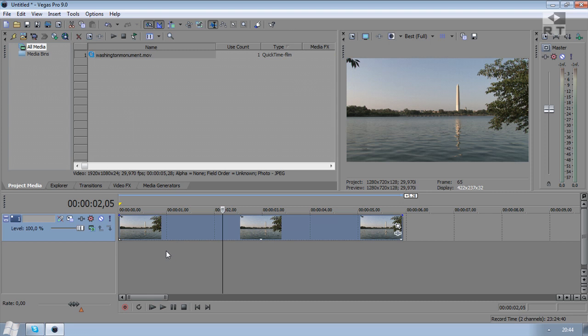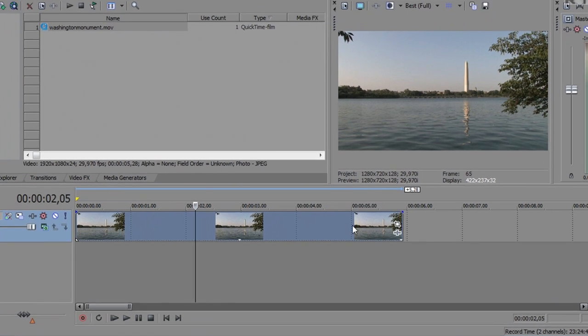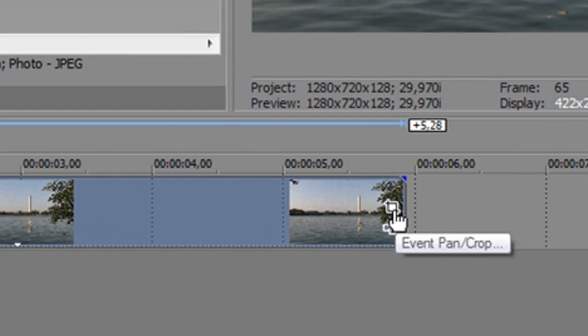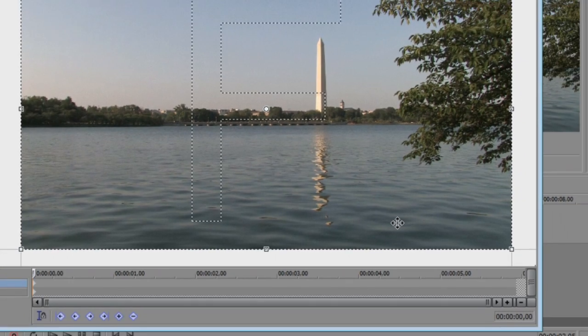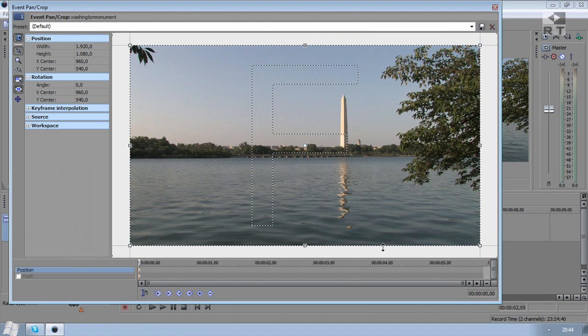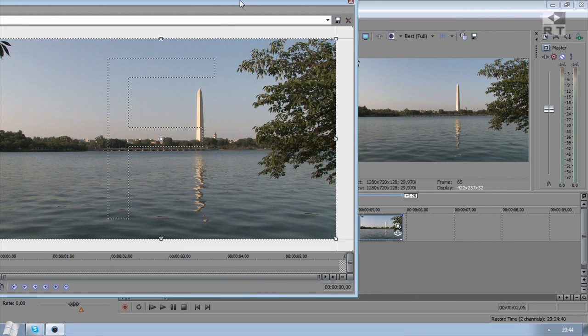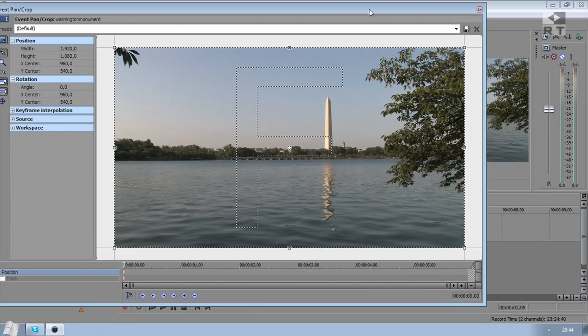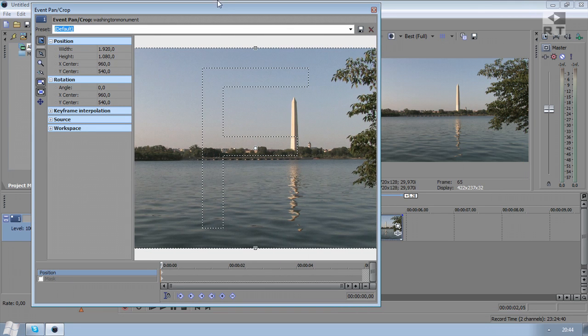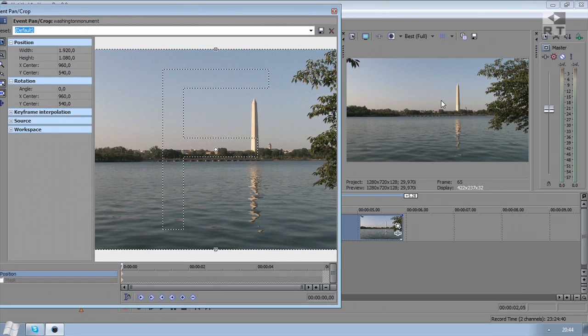So for pan and cropping, what you want to do is go into your clip and go to the far right, and you find the cubic symbol. When you click it, this window will pop up, and here you can change the size and the position of your footage. So let's change it, and I'll scale this window a bit down so I can see the preview window,